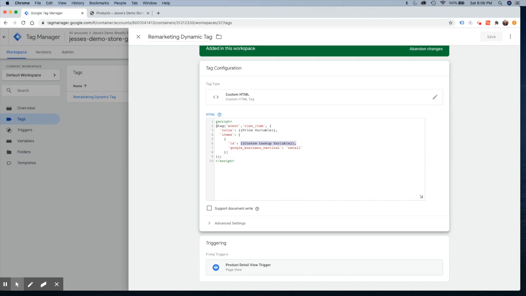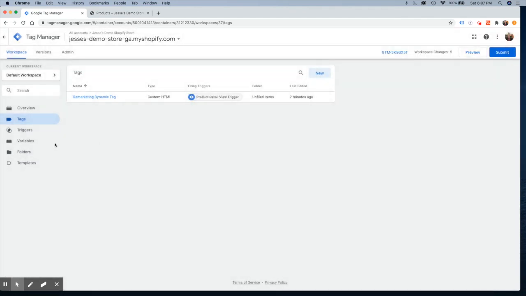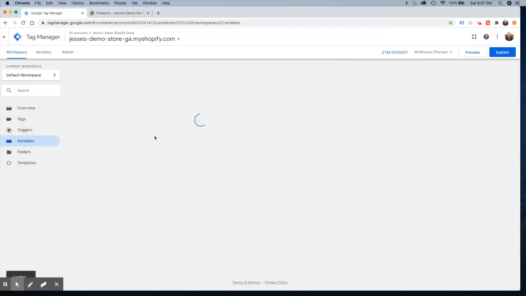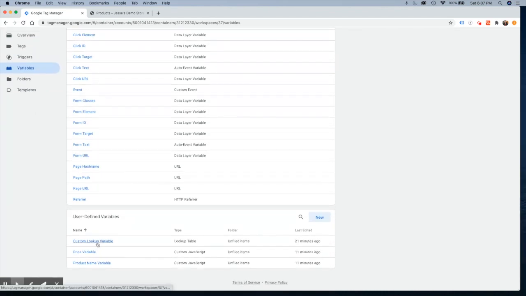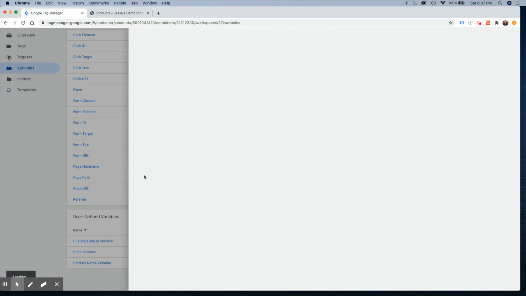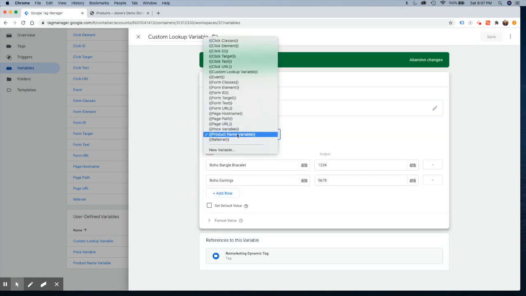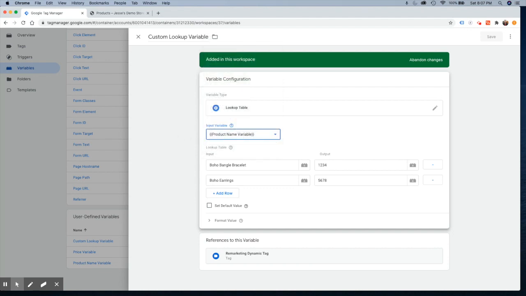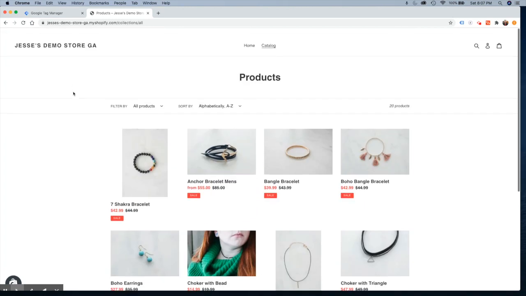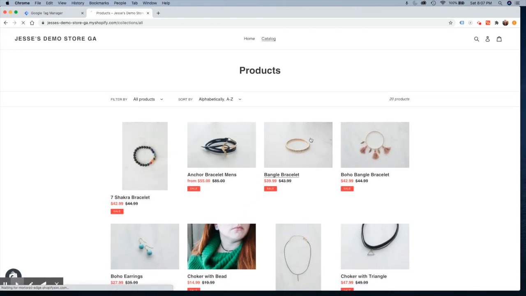Now, the first thing I did was I went into your variables here, once it loads, and I created a lookup table here, and I created an input variable. So I created my own custom one of product name. So when we look at a product, for example,